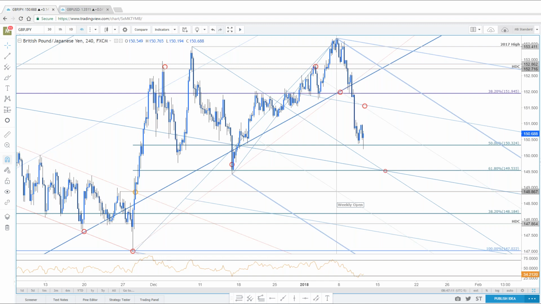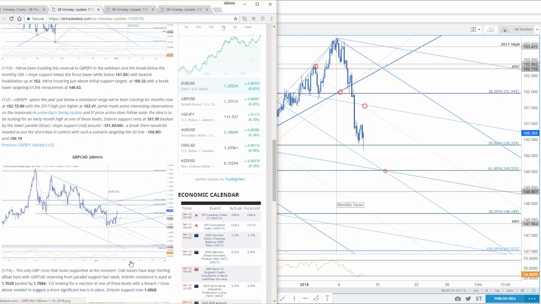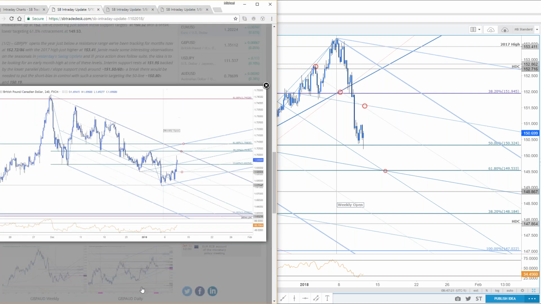The other one on tap yesterday that I covered, this will be number 4, is pound CAD. So the pound CAD chart. Look, this was the only positive performer for the pound yesterday. It was weaker against every single currency except the CAD.